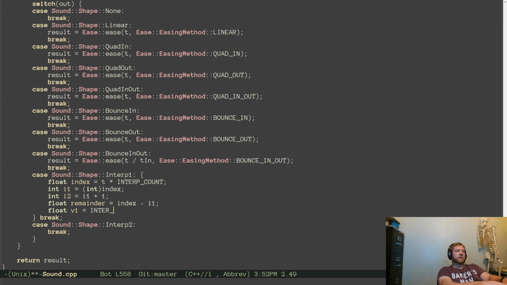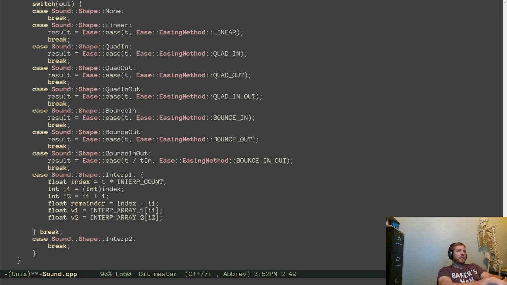Value 1 equals interp array 1 at index 1, value 2 equals interp array 2 at index 2, and then what we take is